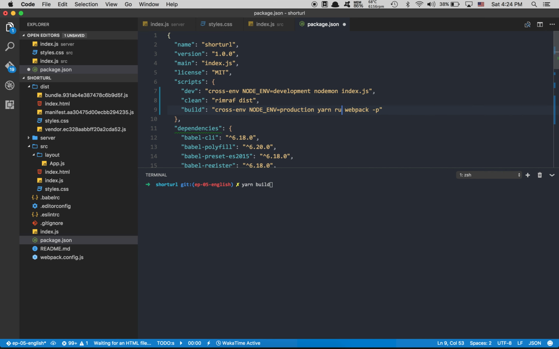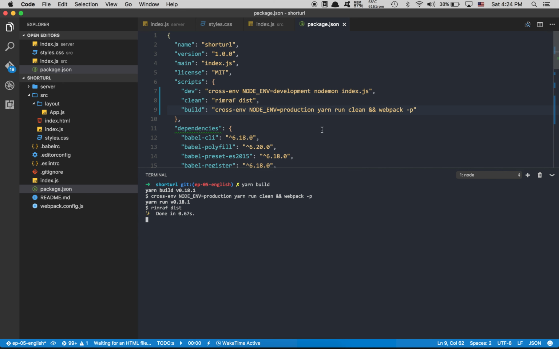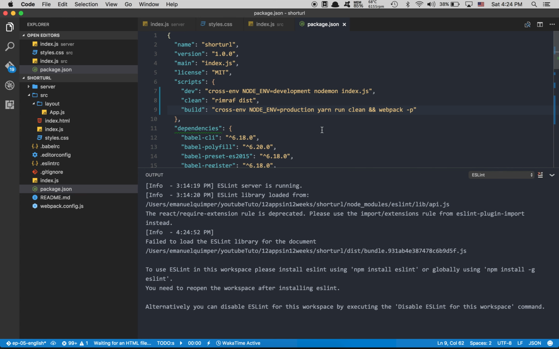But now, if I run my build, yarn build, oops, I forgot something here. I need to yarn run clean, so we're going to clean, plus after that we're going to webpack. If I do yarn build, so first thing we're going to delete the dist. Everything is going to be production, so React is going to remove all the console logs, all the comments, everything. What I get